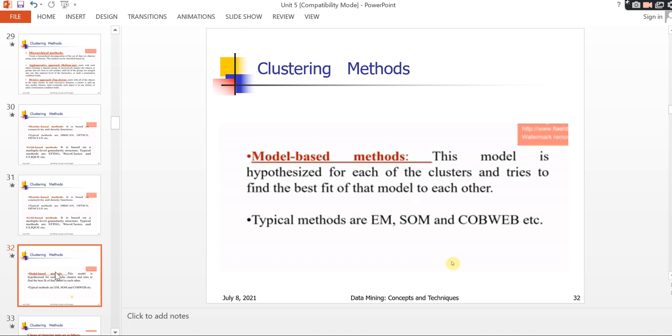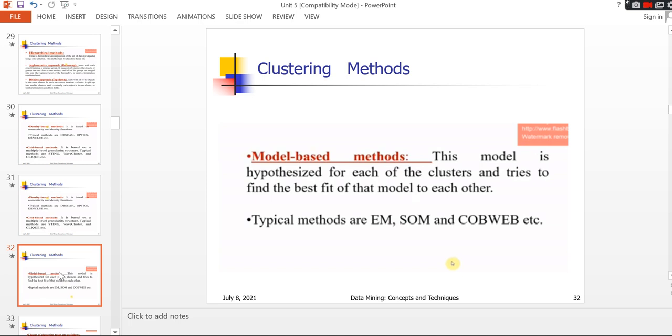For example, we have five models and one object. You have to compare this object with each and every model, and finally find the best fit: which model this object fits 100%. Like that you have to find out. That is the model based method.